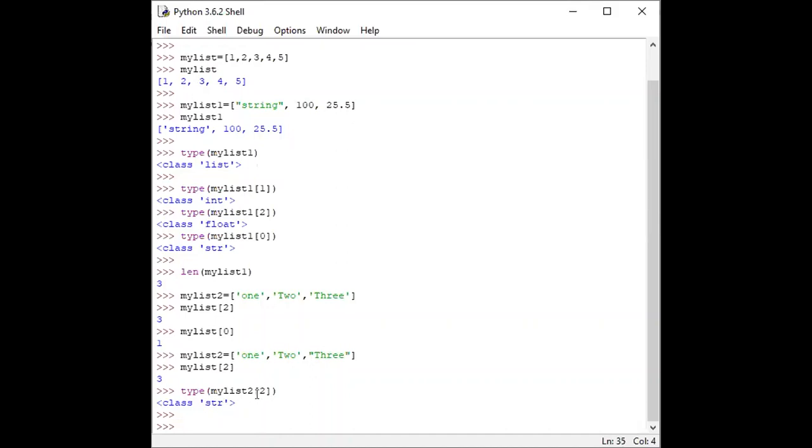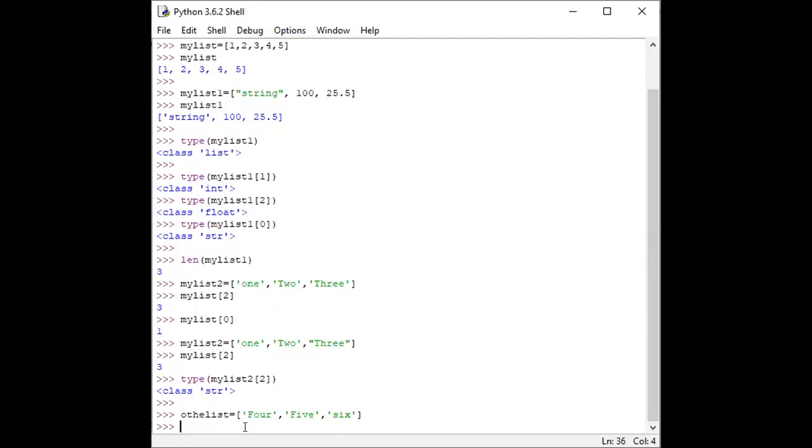Okay, if I define another list based on other numbers, called other_list, I write the numbers 4, 5 and 6. Okay, now I have two lists.